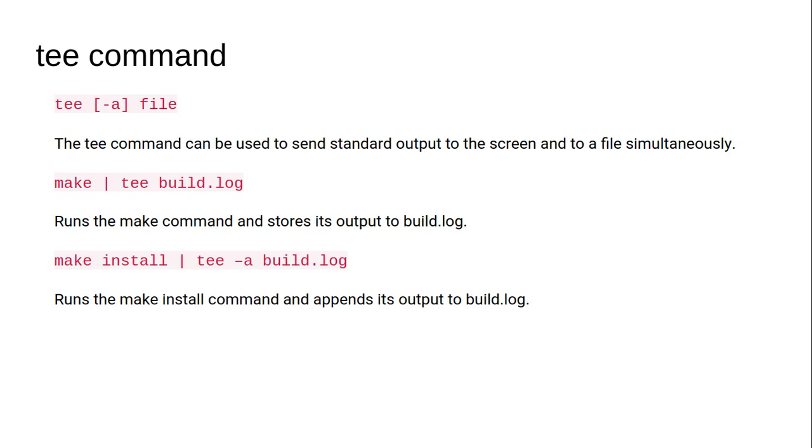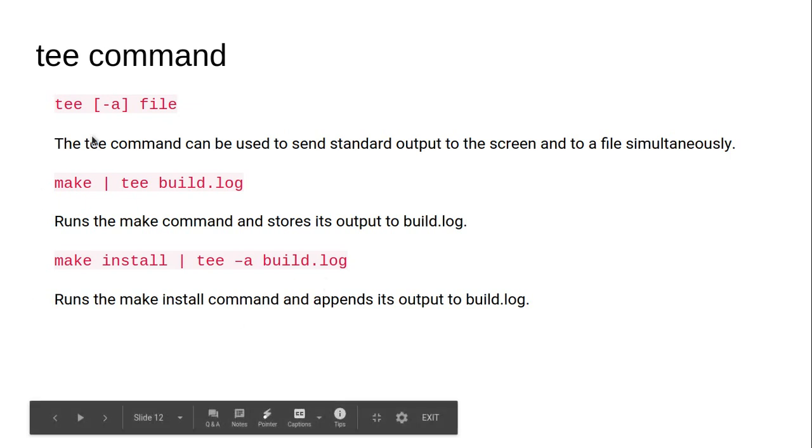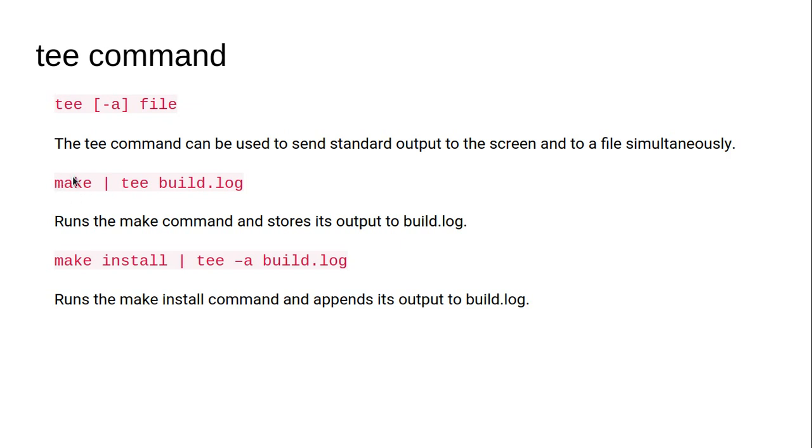The tee command is the next command that can be used to create a file. We can basically create a file with the tee command. Whenever there is standard output generated by a command, so if you see here, this is a command called make. It is basically a build tool. Whenever make generates any output, it will be written to a file. So here the tee command is used to create this file and write whatever output is being generated from this command to this particular file.